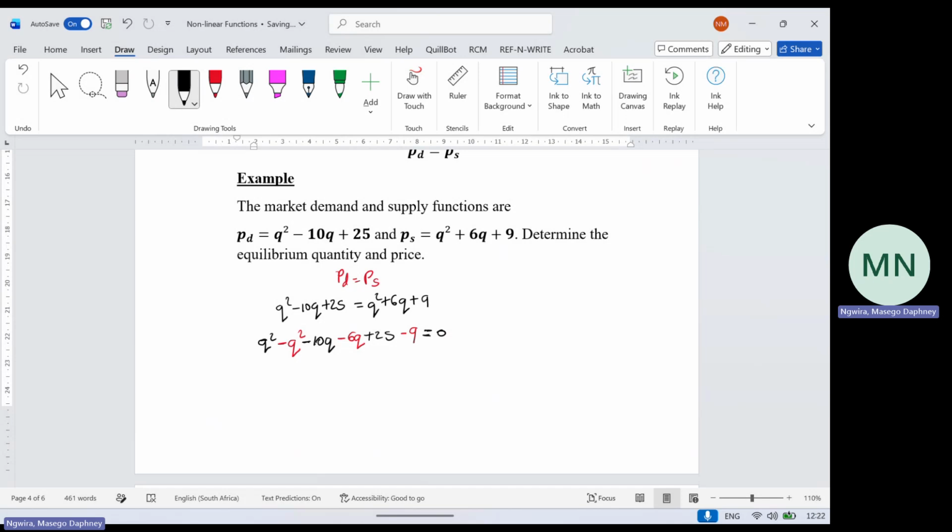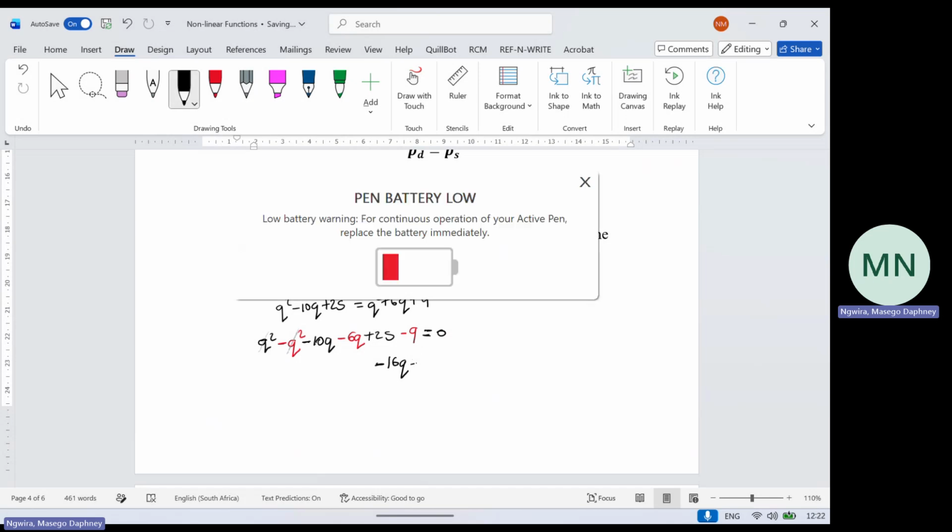Now we add the like terms. Q and Q, it's a 0. So these two are going to give me a 0. All right. And then now I'm going to say negative 10q minus 6q. The calculator gives me negative 16q. Then it's equal, negative 16q. Then 25 minus 9, I'm going to get